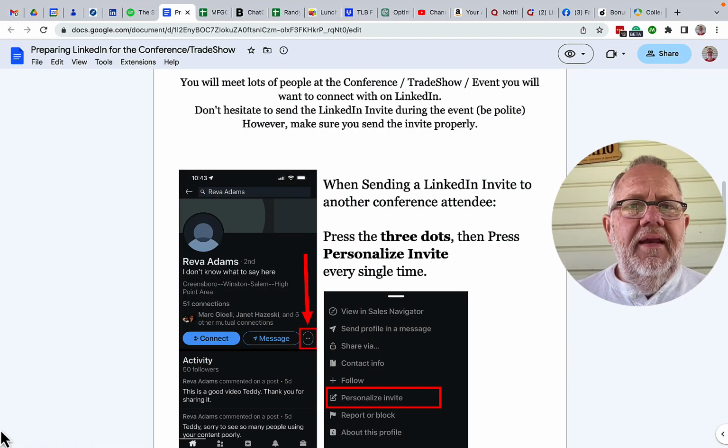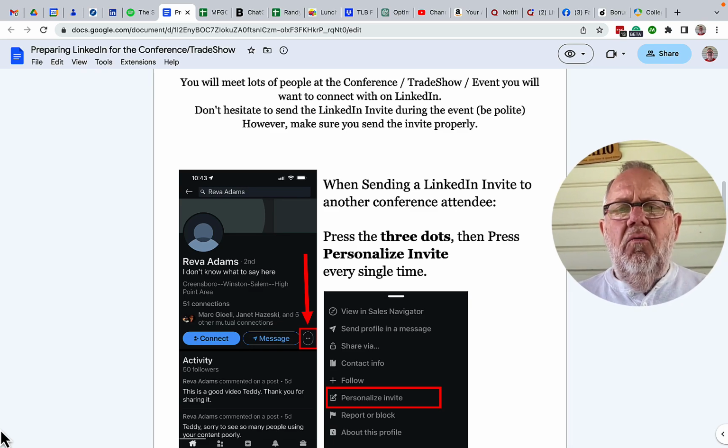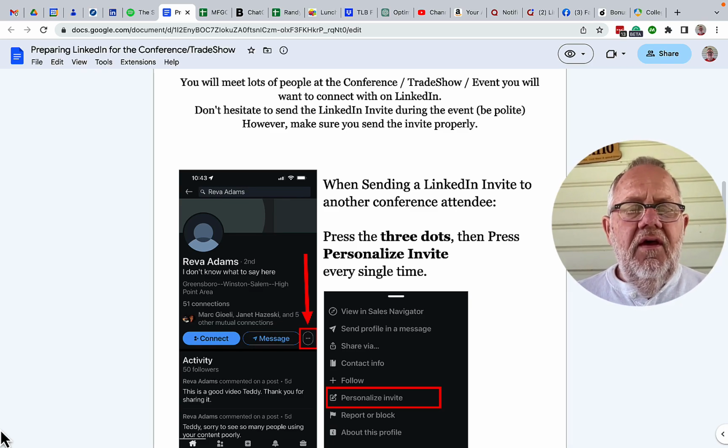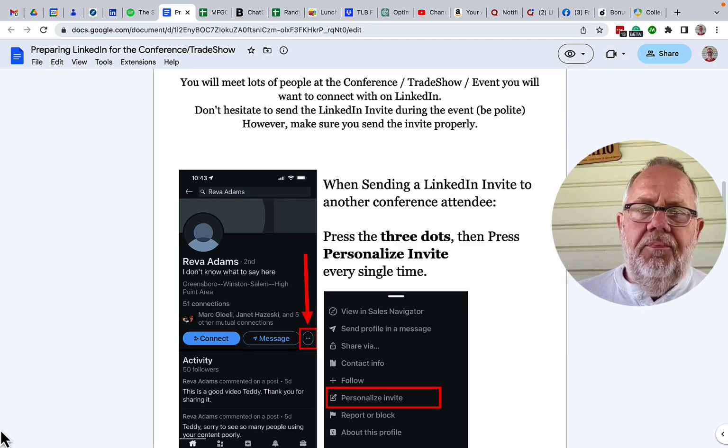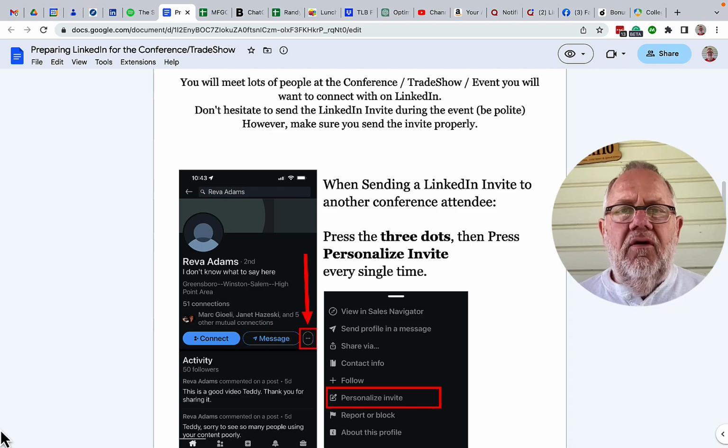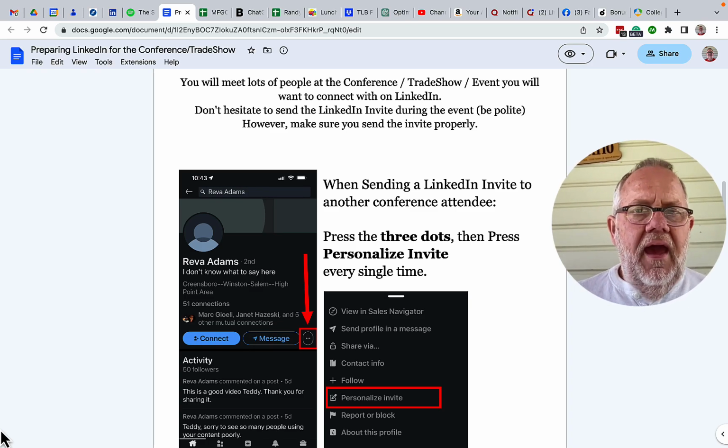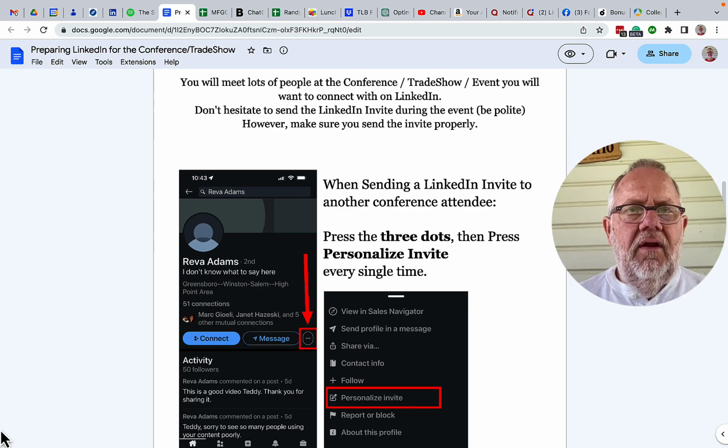Now you're going to want to connect with people when you're at the event. I get that. You want to connect with people who are relevant to you, and if they're at that event, they're relevant to you. So don't waste time doing this. You meet someone, you hear someone speak, they're the keynote speaker, you bump into somebody in the lunch line, you got their name. When you can, when polite, and so you're not doing it while someone is talking to you,